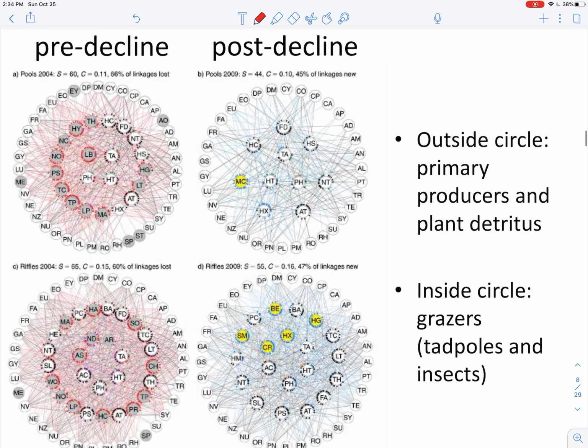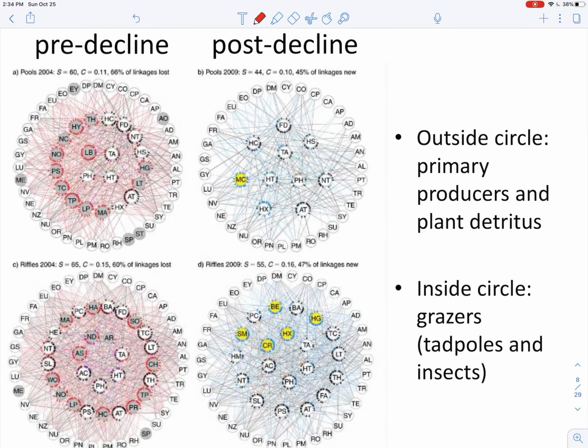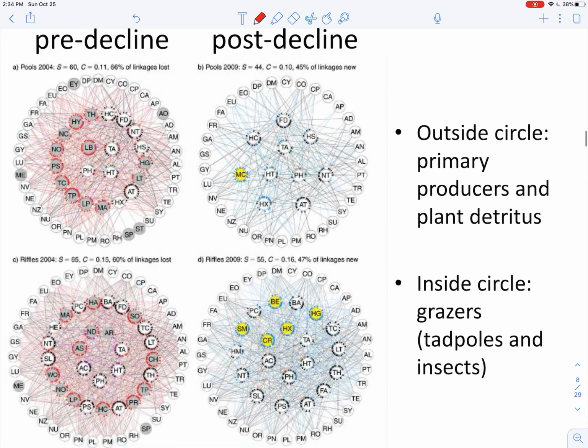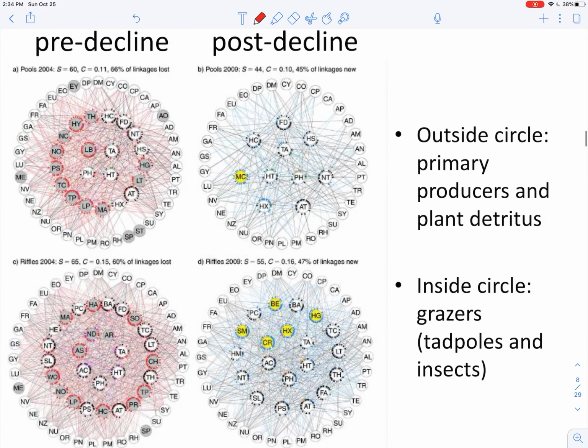So as you can imagine, diseases can have really big cascading effects throughout ecosystems and throughout communities. So the study that we're looking at here is representing the effects of chytrid fungus in what we call pre-decline versus post-decline. So before introduction of chytrid fungus, and then after introduction of chytrid fungus. There are a lot of letters represented here, and I want to set you up to understand how these figures are working.